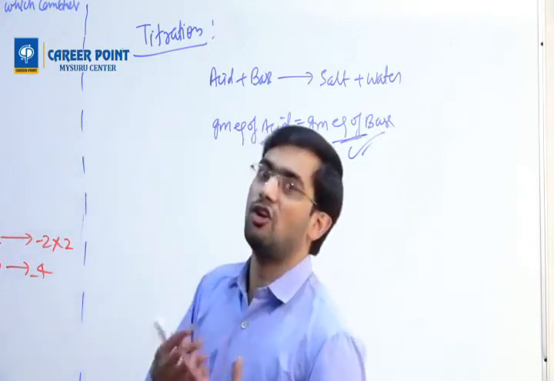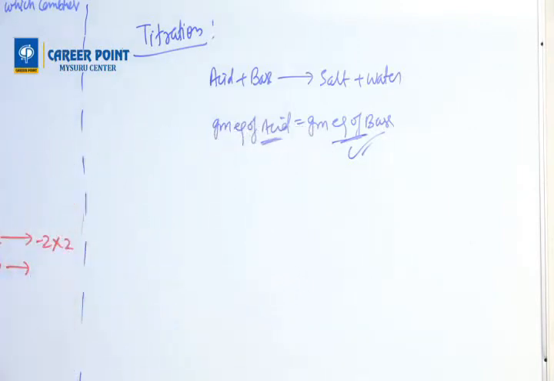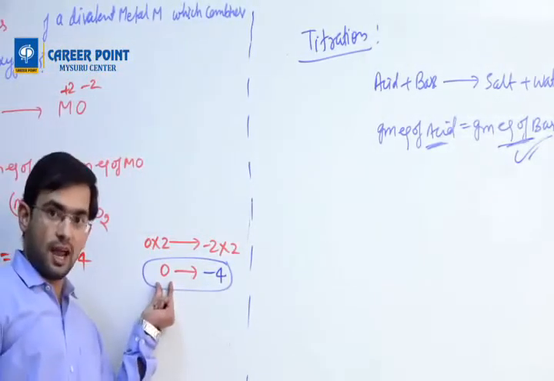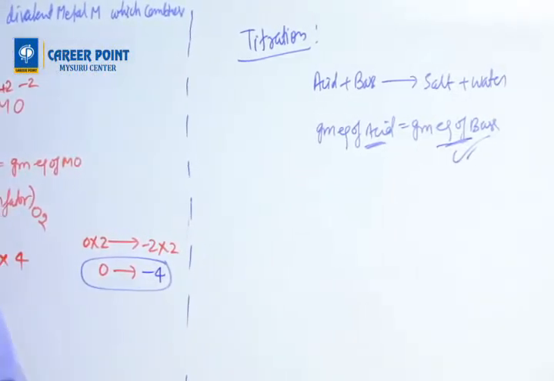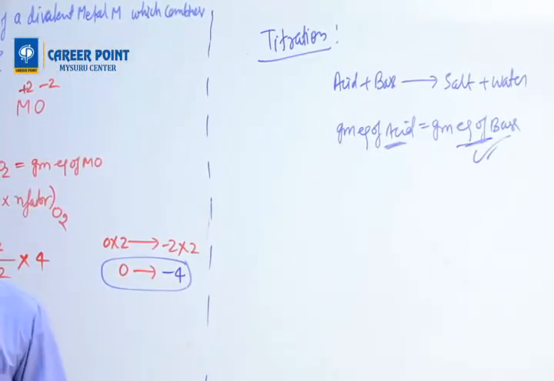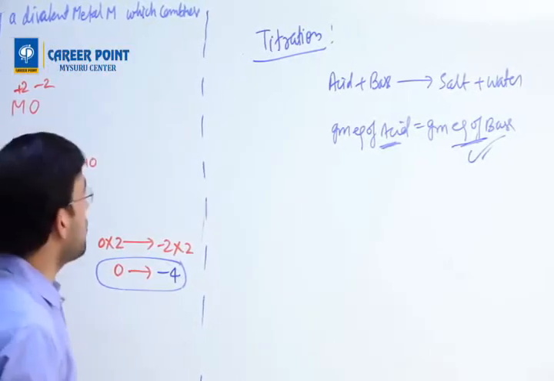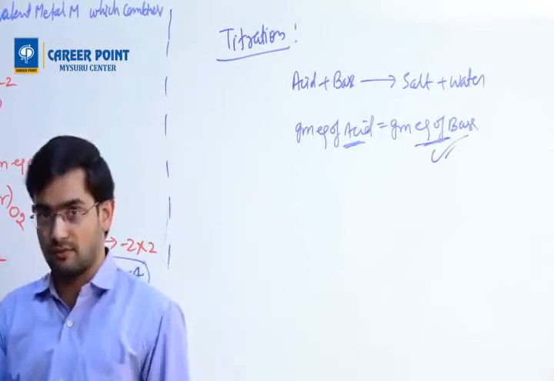It is the total electron loss or gain. Here you see minus 4. This is not the n factor. This is not the n factor. Neither this nor this. The change of them is the n factor. The change is known as n factor. Understood? Rajni, Vijay? Okay.